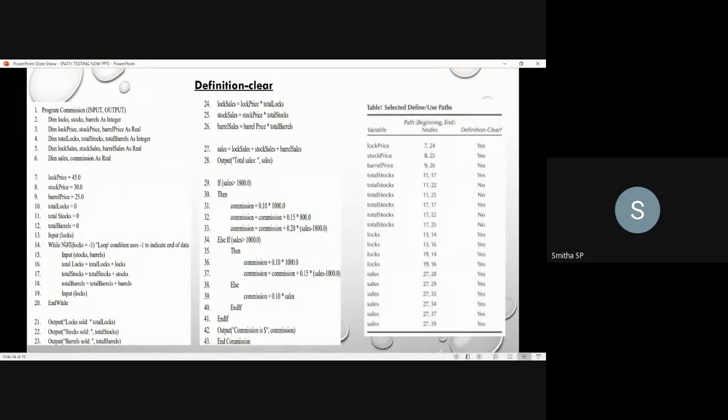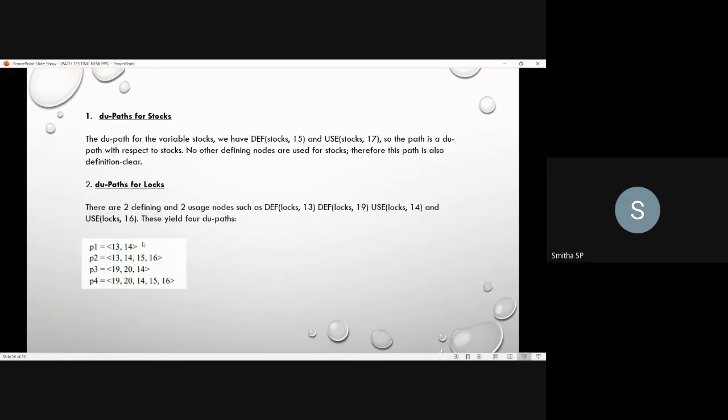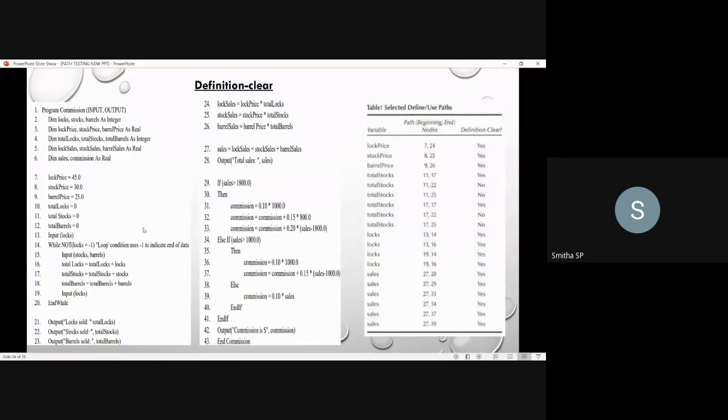Whatever you have defined in the 13th statement, you will be using immediately in the 16th for the calculation of the total locks, and whatever you have defined in the 19th, you will be using in the 16th again. So you will be getting the value for the locks again and using it in the 16th. You will not go for checking once again.